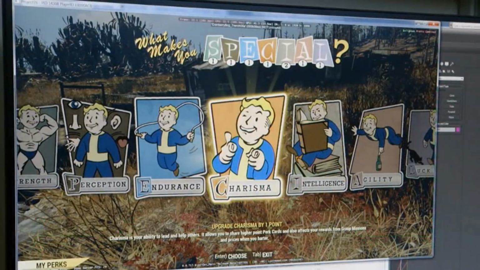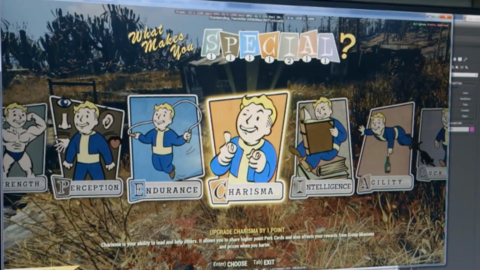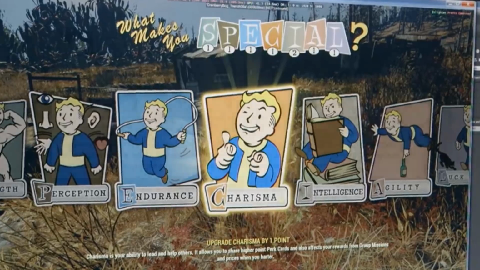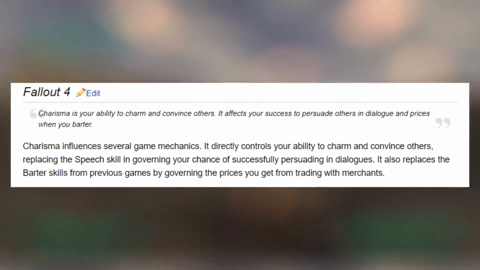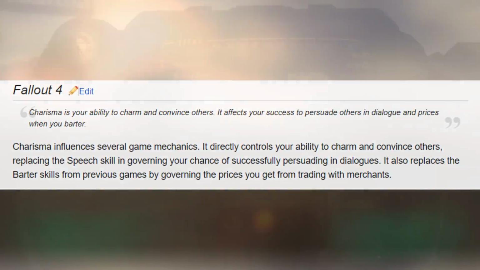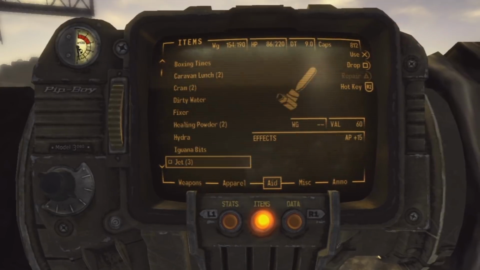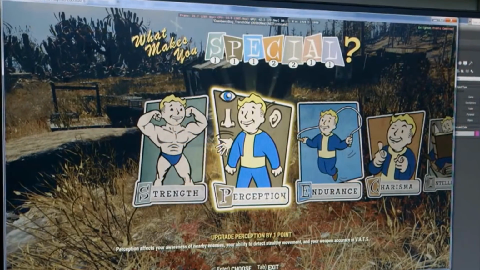It starts off with Charisma, which in Fallout 76, you share higher point perk cards. Rewards from group missions are better, and also the prices go down when bartering. Compared to Fallout 4, where Charisma replaced the speech skill and strictly governed your persuasion, and also it helped distinguish some trade prices. Now, you're probably raising an eyebrow on the higher point perk cards and what the hell that is. I'll get into that in a little bit, but for now, let's talk about Perception,